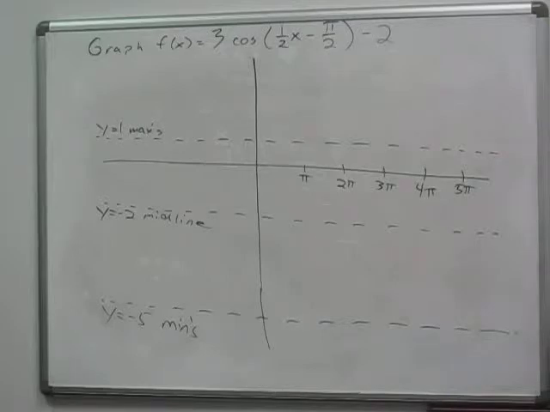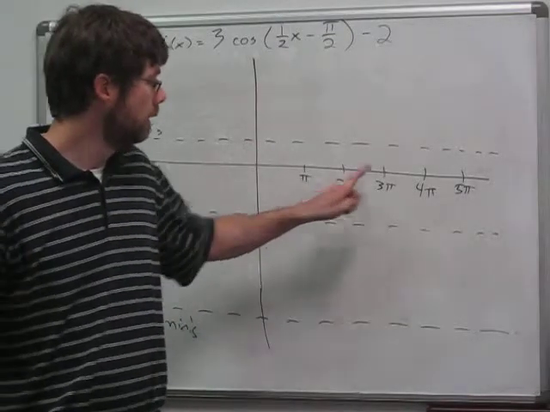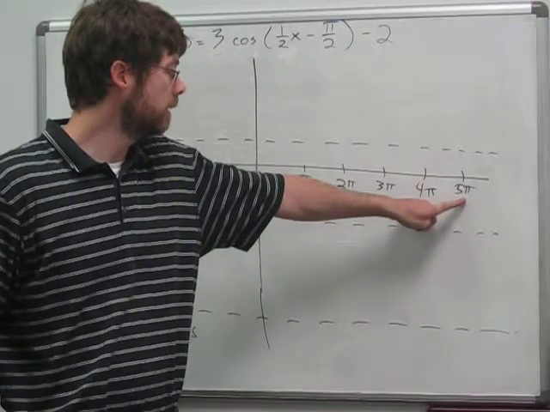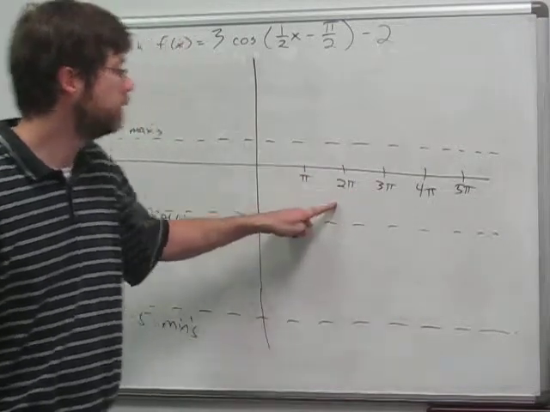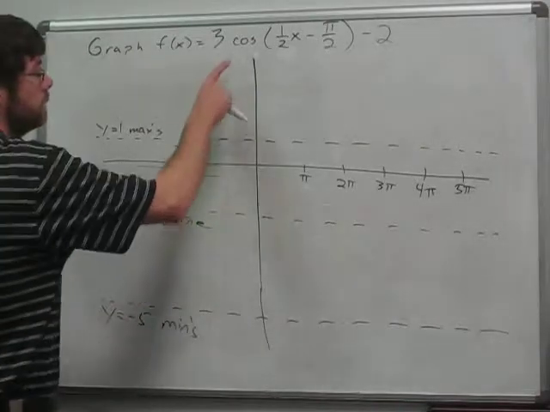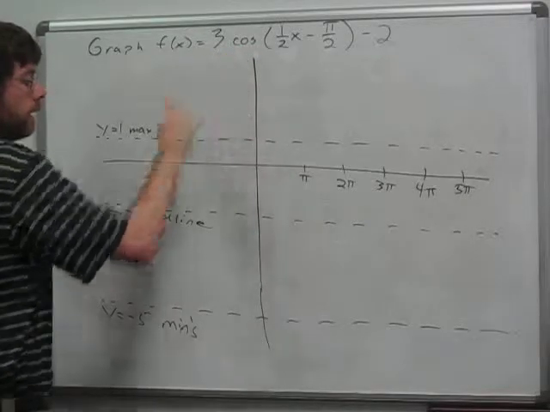Alright, so we have our midline, we have our amplitude marked, we have our phase shift, and we have the period giving us a cycle ending at 5 pi, and we've chopped that into quarters. So all that's left to be done is to simply worry about where the cosine starts and how it runs,